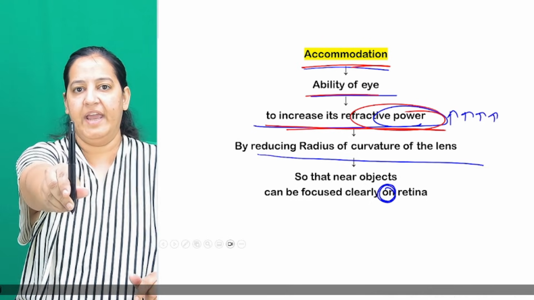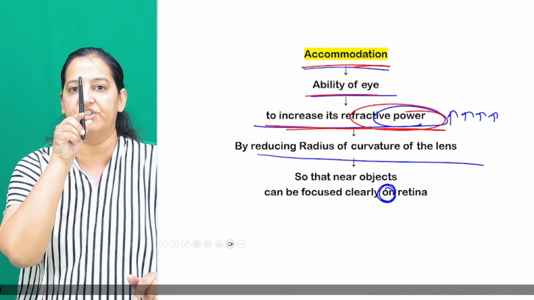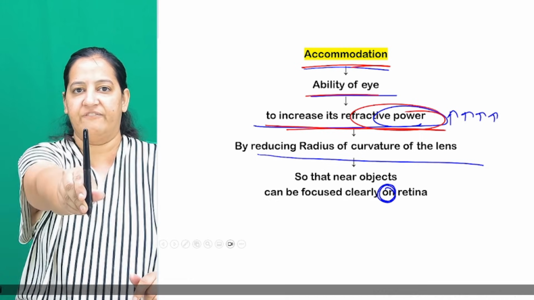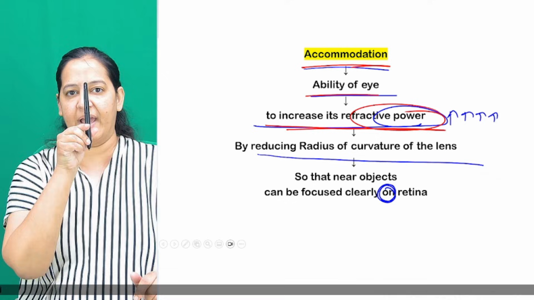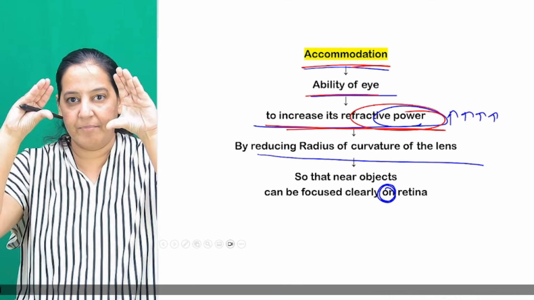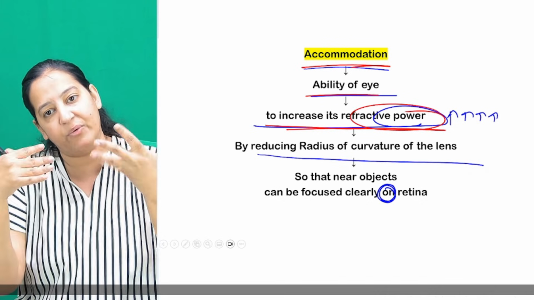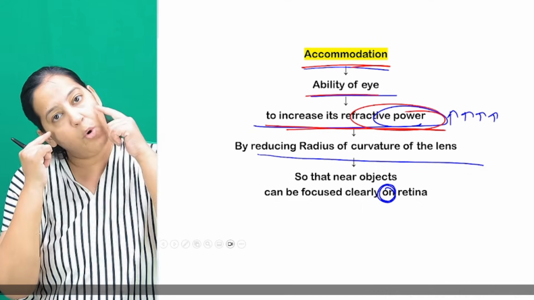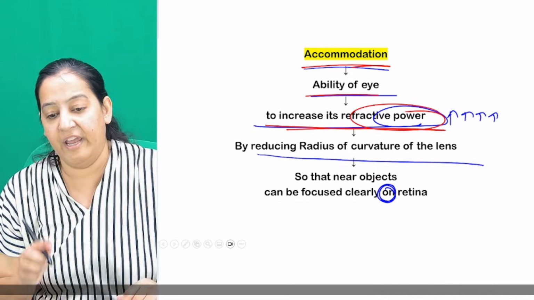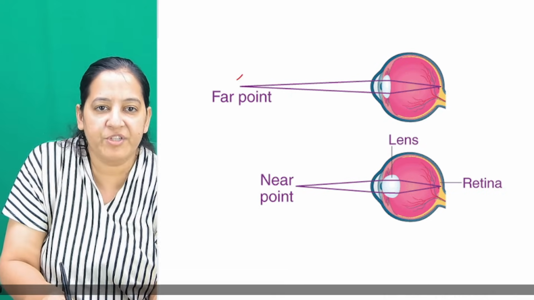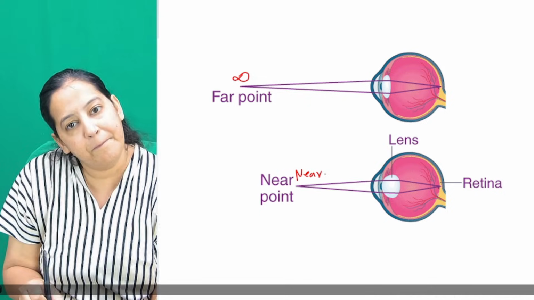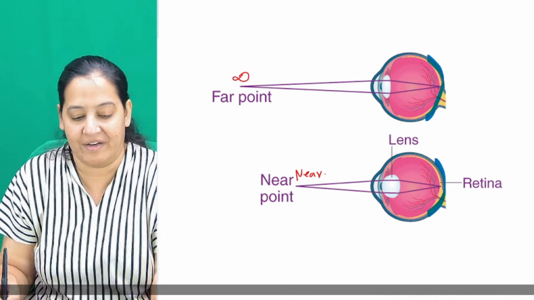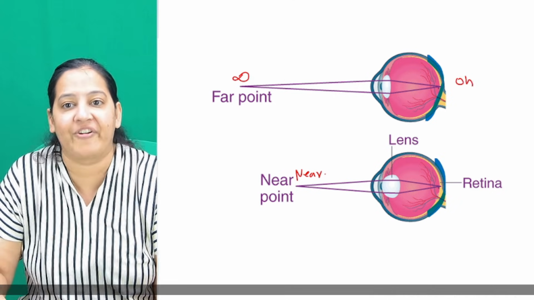So this is far vision. If I'm shifting the far vision to near vision, you see this object. It is coming closer to my eyes. Initially it was at infinity. Now it's coming closer to my eyes. So my eye's lens becomes thicker. Its refractive power increases, and the image is still on the retina. So whether the object is at infinity or near, the image is always on the retina in an emmetropic eye. If accommodation is working properly, you can see objects at infinity or near. In both cases, where is the image? The image is on the retina. I insist you learn the word retina.